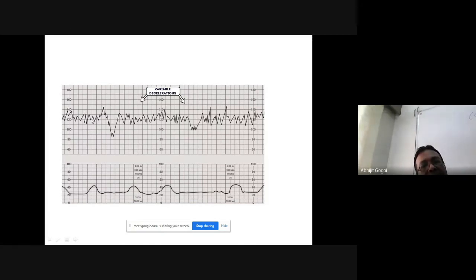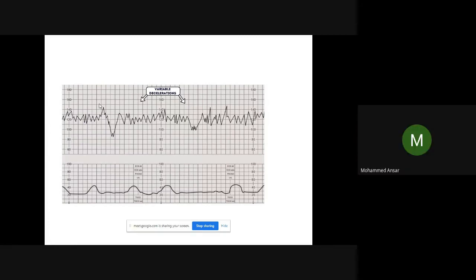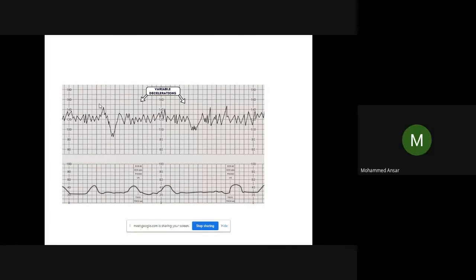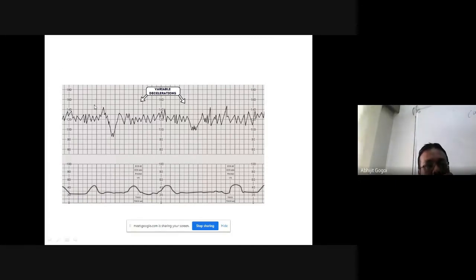What is coming after B? DRC Bravado, V. Variability. Yes, variability. You have to find the variability. This is close to 130, this has gone up to 140 to 143 like that. So it is around 10, 12 variability, and the time you can see is 10 seconds. That's how you write the variability.